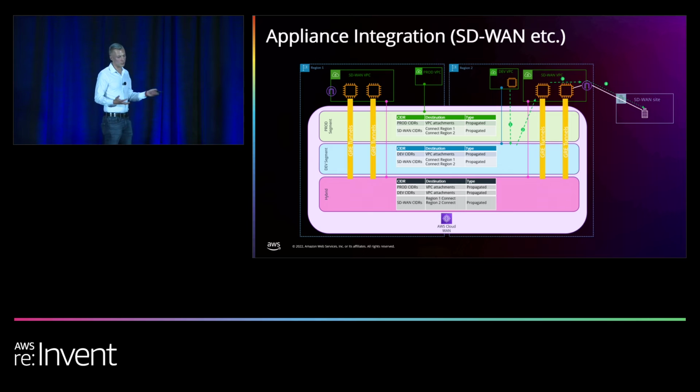So it allows that traffic flow end-to-end and integrates your existing investment in SD-WAN, and we can take in a whole bunch of routes and exchange those routes. Each one of these attachments for the GRE tunnels is 5 gigabits a second, and you can have up to 4 of them. So you can get 20 gigabits a second per appliance. So it's super scalable in terms of bandwidth and being able to support it. You're probably going to run into bandwidth limitations on the instance long before you hit it on the core network side.